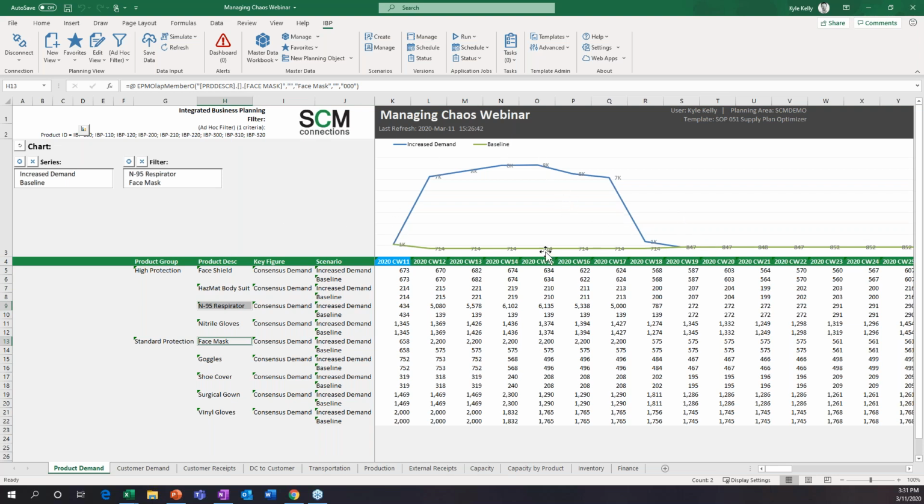So this is some nice native functionality of the IBP add-in. You can customize a lot of this, but a lot of it you can also just play with right out of the box as well, which is nice.